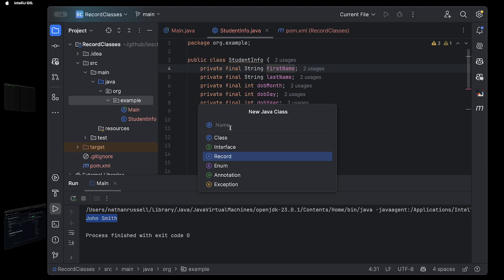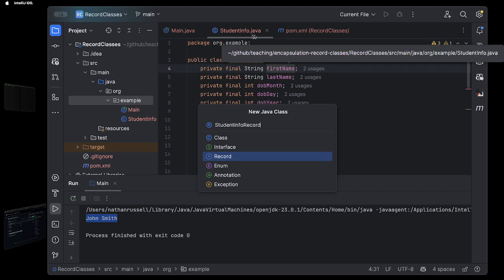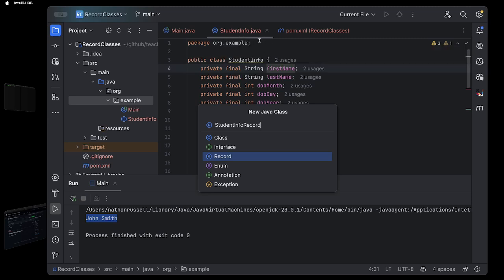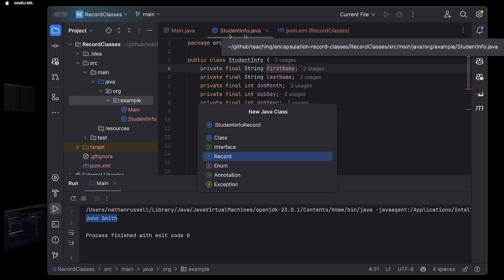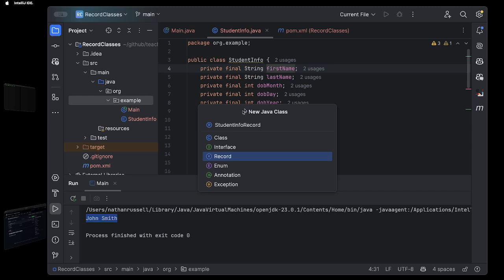Now, this is what I'm going to call StudentInfoRecord, just to give it a different name, because all these things are classes. They're just declared differently. So remember how I had the class name StudentInfo. I'm going to create another one, but I'm going to call this one a record because we're going to make it a record. Now, when I click this,